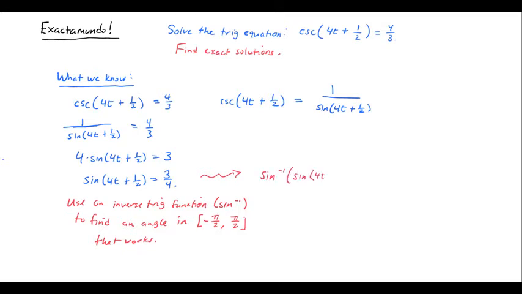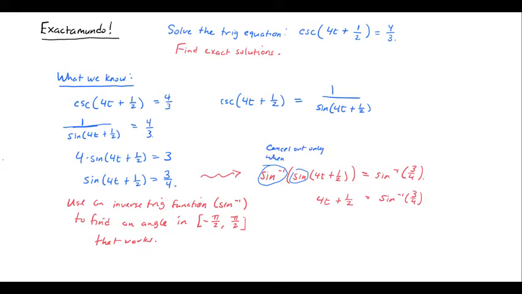I want to be really careful when doing this, because there's something a little bit dishonest about it. The right side is just the inverse sine of 3/4, and the left side becomes 4t plus 1/2, because these two functions cancel each other out, but they only cancel out